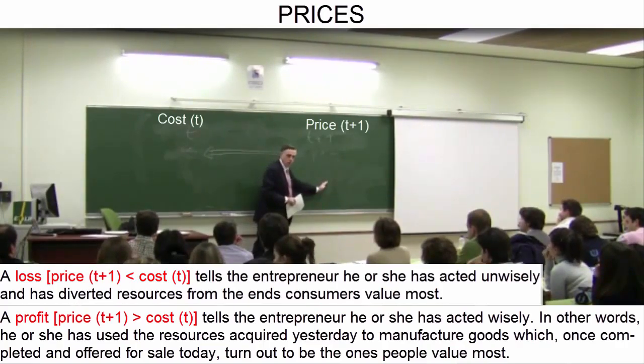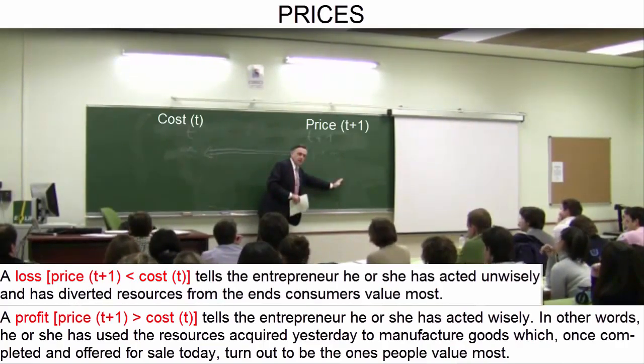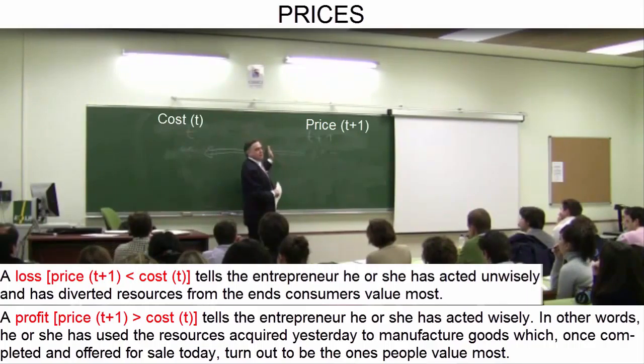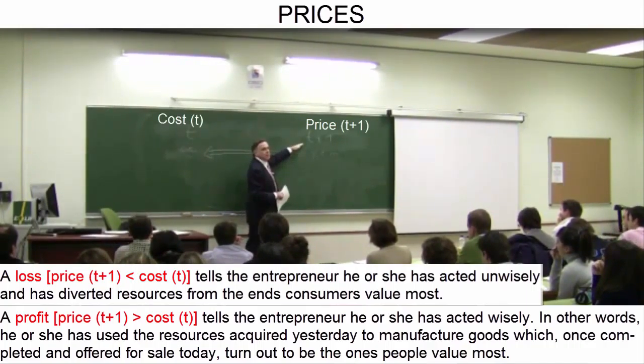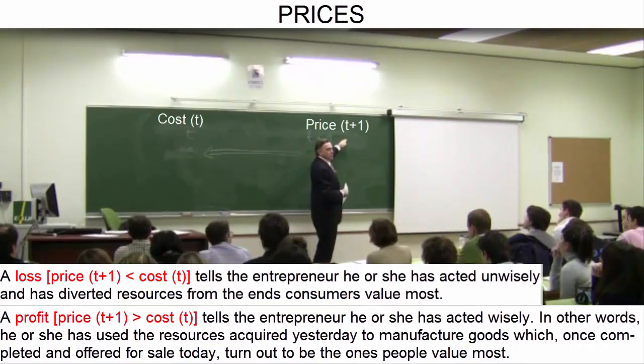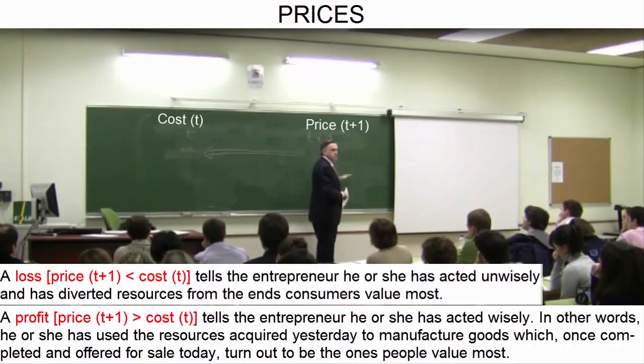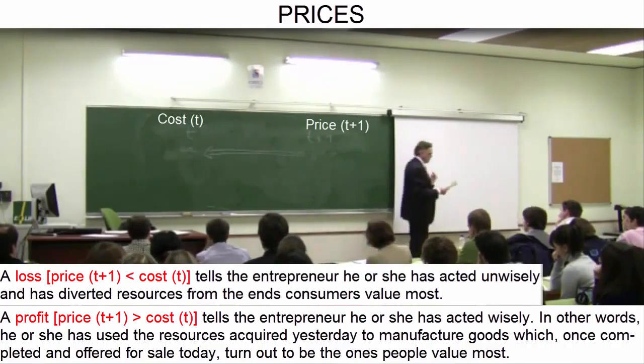Instead of devoting themselves to the different stages of building the apartment on the coast, those workers should have devoted themselves to building the car, because the production of the car generates a profit. That is, the car can be sold at a price higher than the costs, while the production of the apartment has generated a loss.